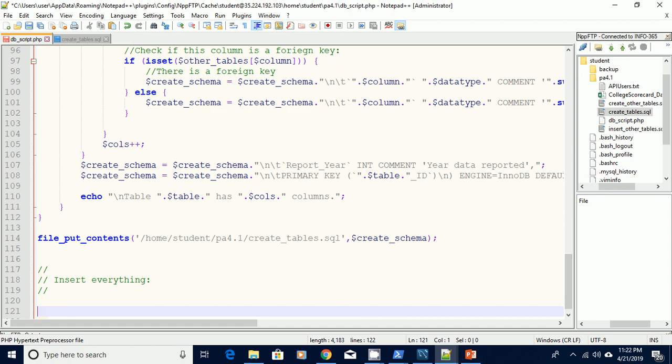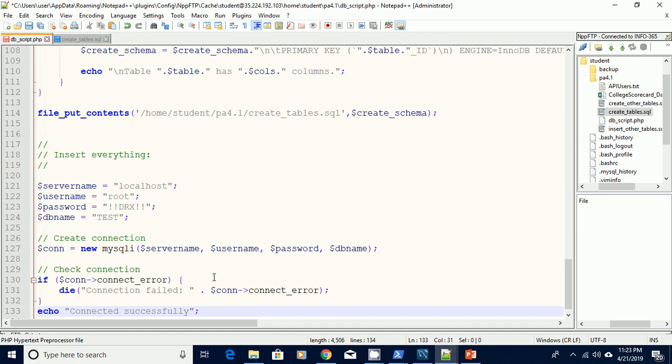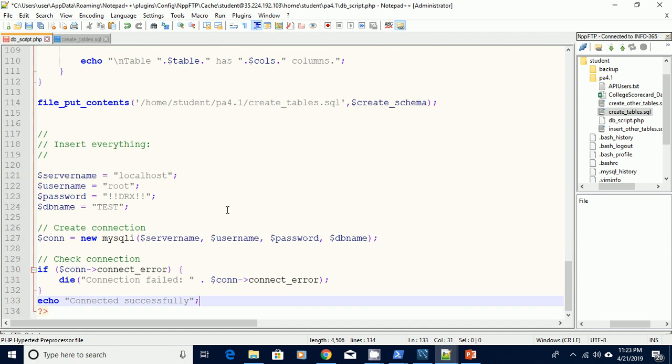So now we're going to insert everything, right? In order to do this, there's two approaches. We could build the insert statements, but these insert statements are going to be huge, because they're going to have a lot of data. So instead of building the inserts, I'm going to let PHP do the inserts for us. Instead of outputting them to some kind of text file, I'm going to connect to the database directly from